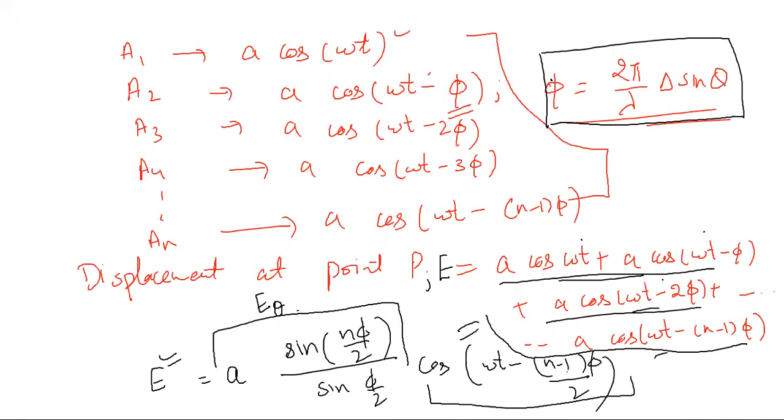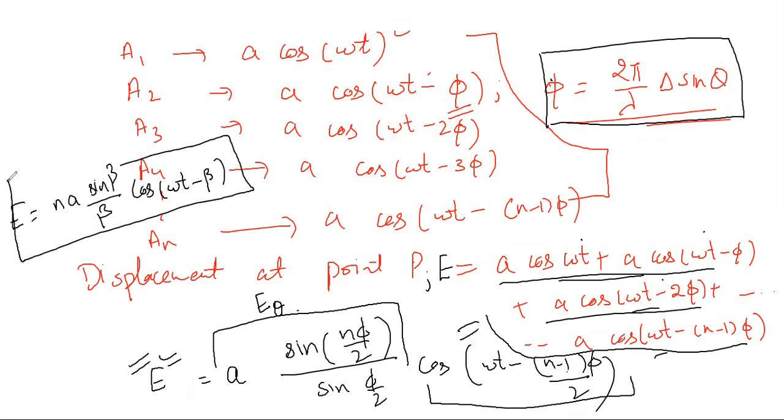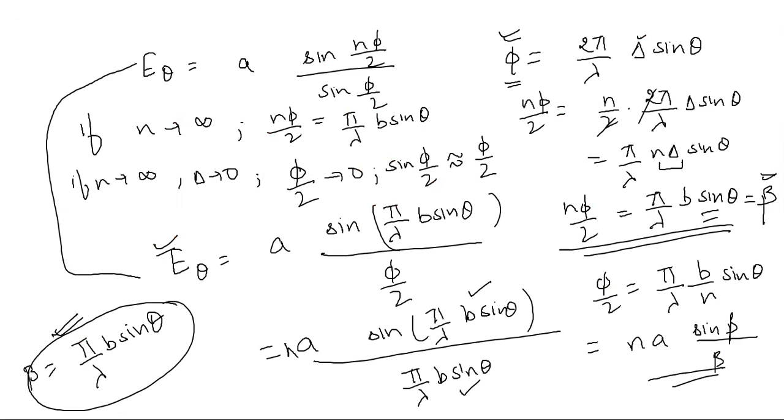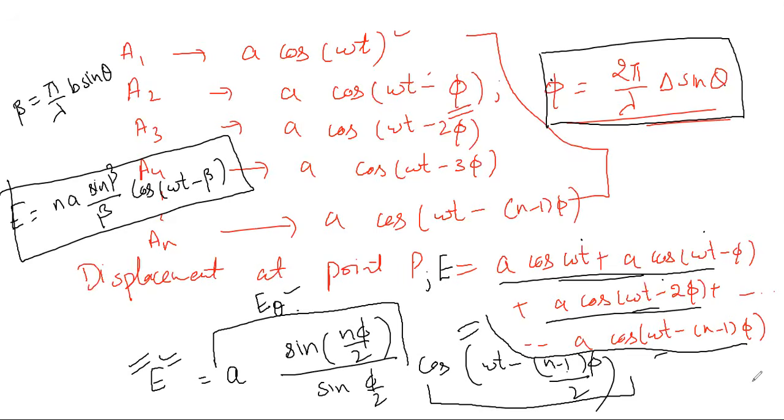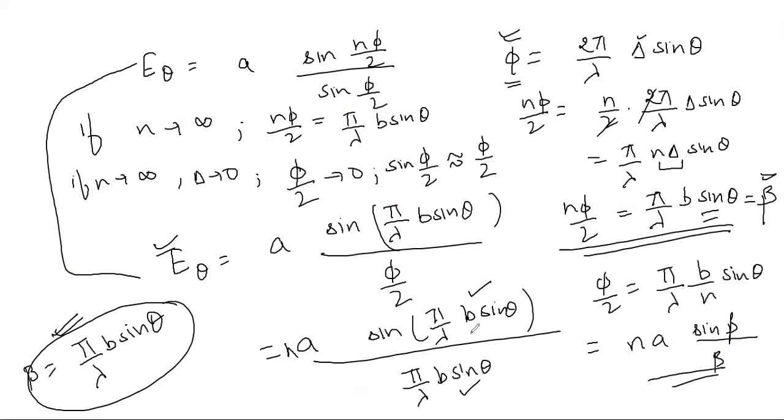दैट मीन्स ये वाला जो आपका एक्सप्रेशन है, दिस एक्सप्रेशन हियर इज I can rewrite it as, let me write it here itself, A n A sine beta over beta cosine of omega t minus beta. ये आपका सिंप्लीफाई होके इतनी सिंपल टर्म में आ जाएगा, वेयर बीटा इज नथिंग बट पाई ओवर लैम्डा बी साइन थीटा, जहां पे ये क्योंकि n टेंड्स टू इंफिनिटी, उसमें से 1 सब्ट्रैक्ट करने का कोई मीनिंग नहीं होगा. n phi by 2 जो है वो बेसिकली हमने बीटा डिफाइन किया है. एंड न्यूमरेटर में आपके पास में ये वाली टर्म E theta थी, जिसको अभी अभी हमने सोल्व करके वी हैव प्रूव दिस इज इक्वल टू n A sine beta over beta,